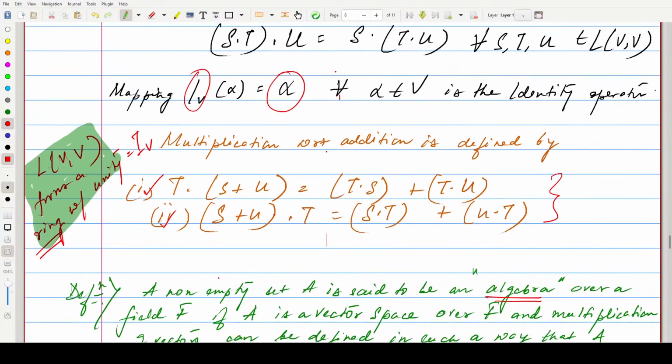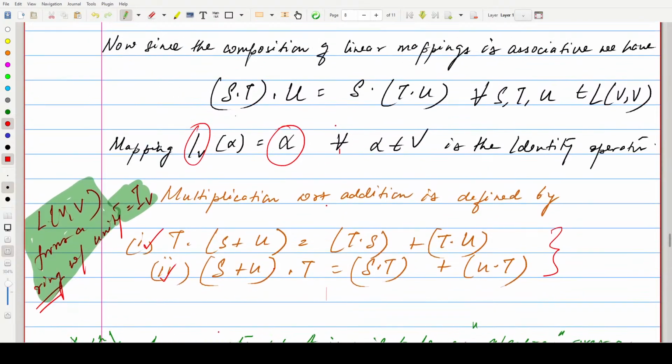Absolutely. So this green highlighted one just forms a ring with unity. So what does it mean? I'm not being able to get the thing. So essentially, what we're doing is that the unity is, once we have defined this composition or this product